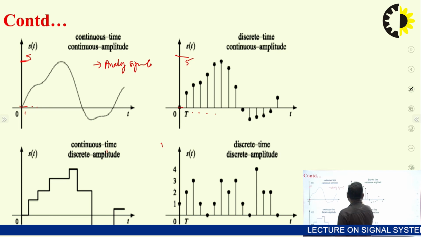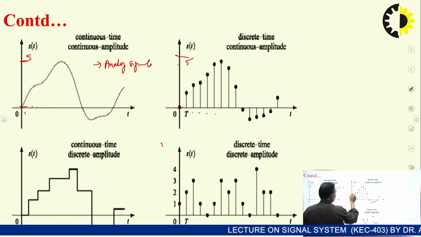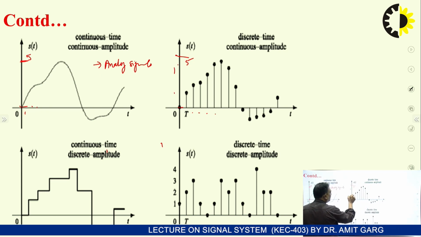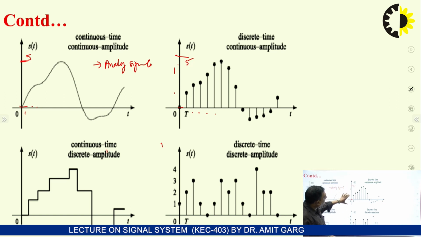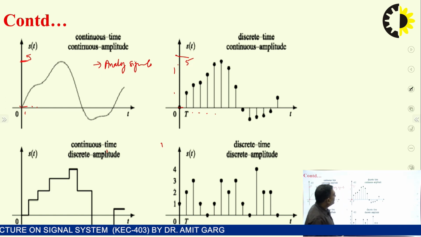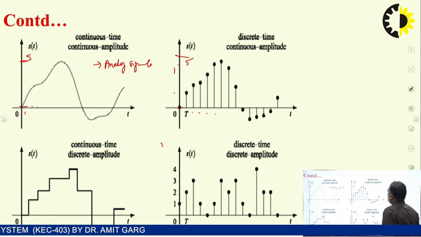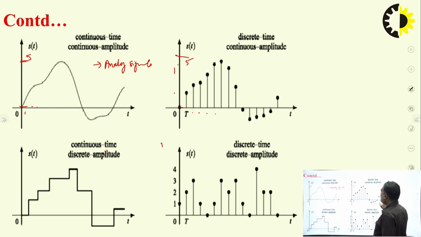These values may be infinite values. So when infinite values of magnitude exist, we call this type of signal a discrete time continuous amplitude signal, because it is discrete in time but continuous in amplitude. Continuous amplitude means we have an infinite number of values of amplitude at discrete time instants. Okay,